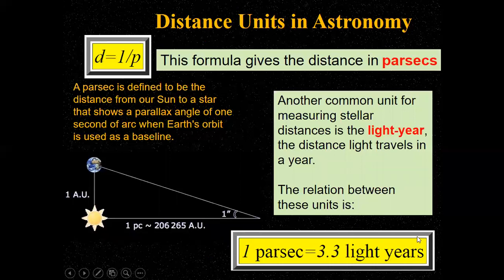Light years is another unit to measure distances in astronomy. We use the definition of the distance light travels in a year. If you think about switching on a light today and waiting 1 year to see how far it travels, we call this distance the light year. So basically, a light year is the distance that light travels in a year. 1 parsec is 3.3 light years. If you want to convert parsecs into light years, you may do that as well.